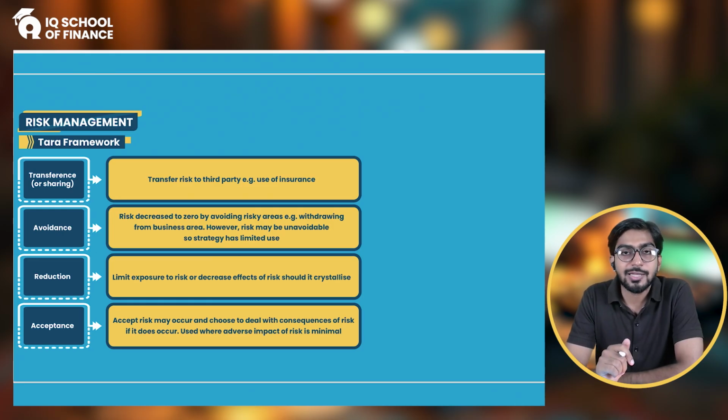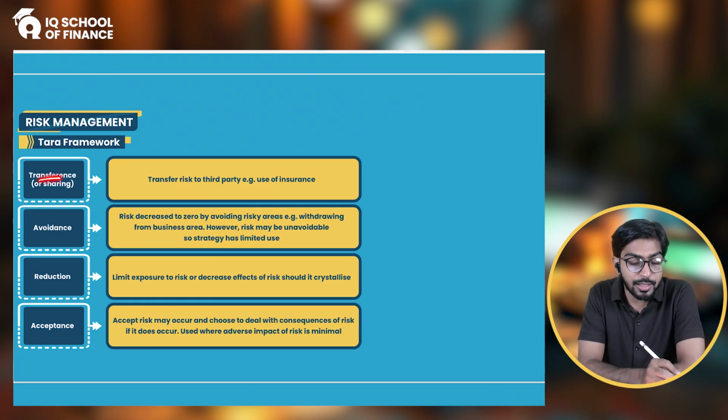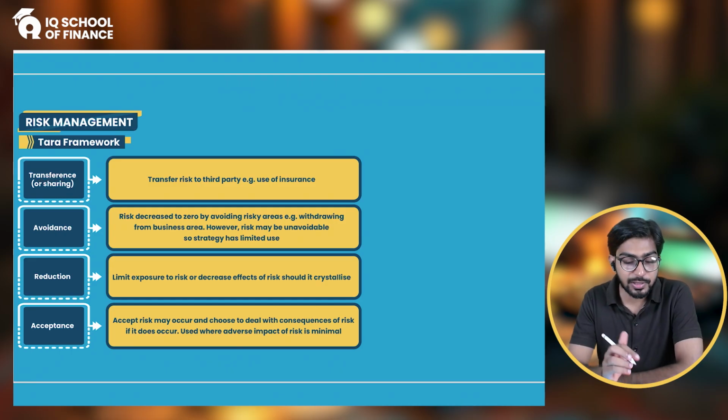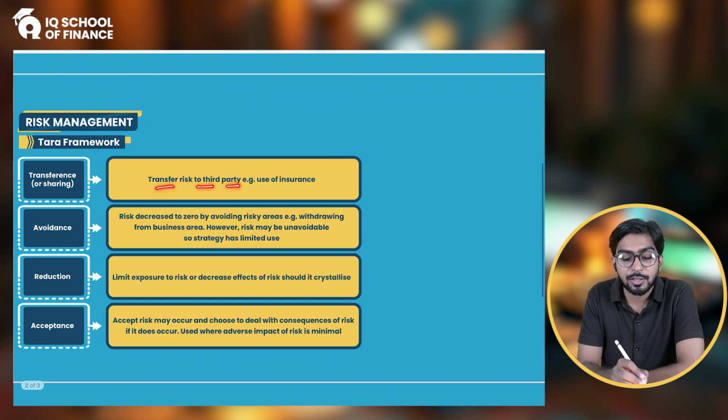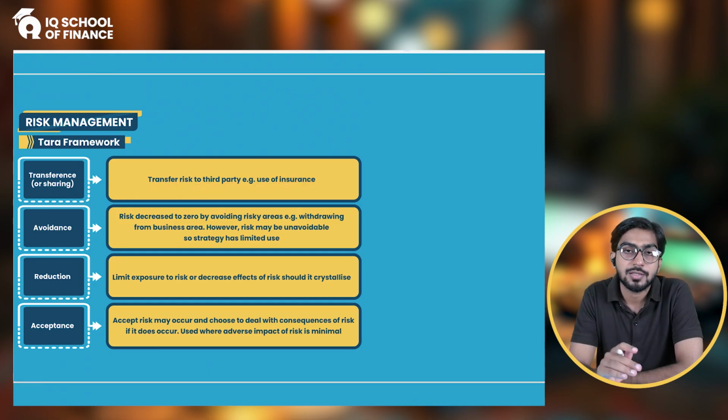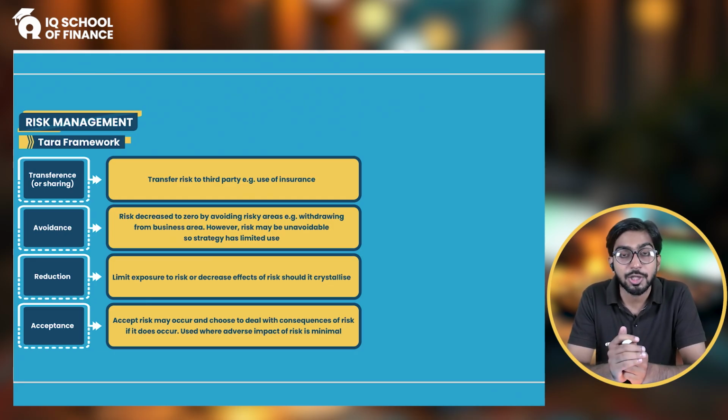So the TARA framework tells you that either you can transfer the risk, for example to a third party, like insurance. Let me give you an example. For example, at your factory or at your production plant, there are many laborers, a workforce who is working. So there is a chance that any one of them gets injured, right? They would get injured. So who will pay for their medication, who will pay for their treatment, and